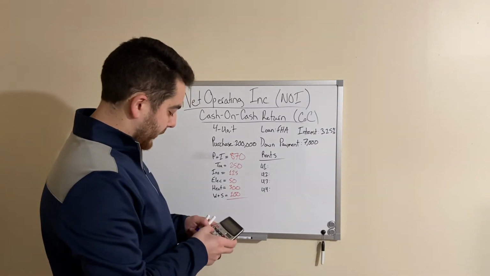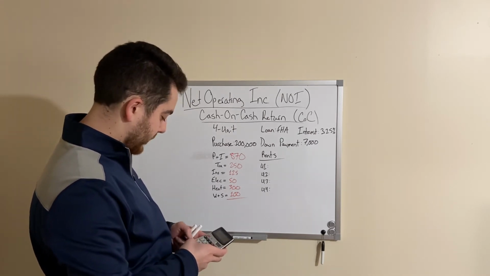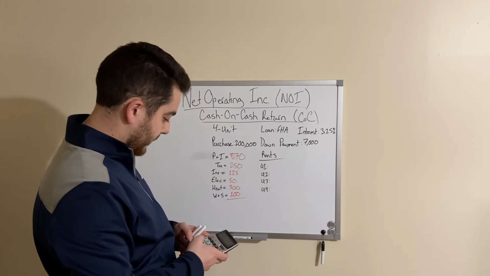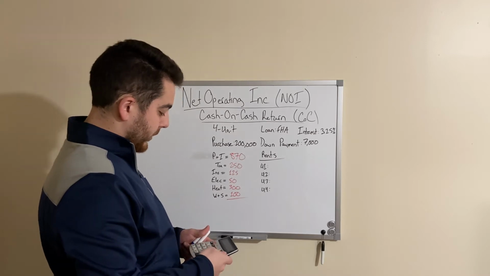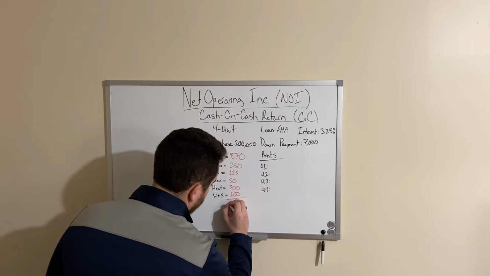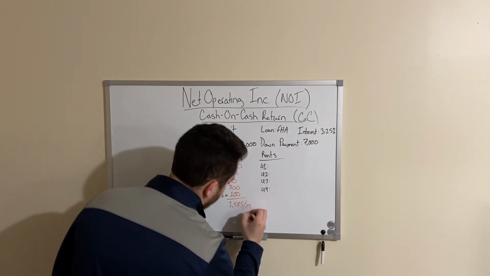So if we add all this up, 870 plus 250 plus 125 plus 50 plus 300 plus 100, you get $1,585 a month in expenses,